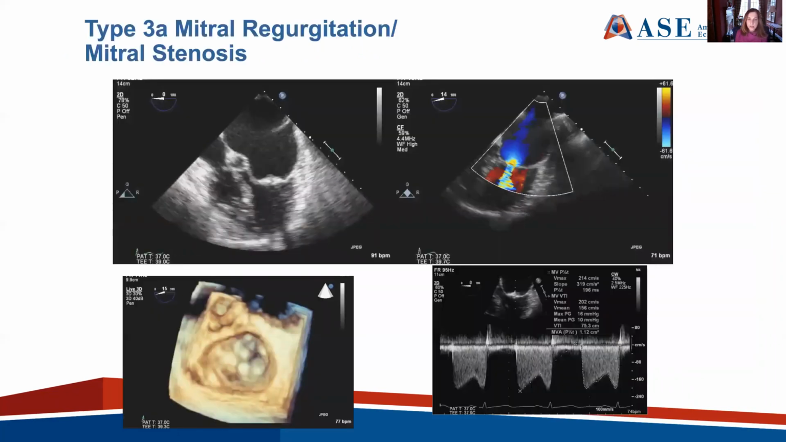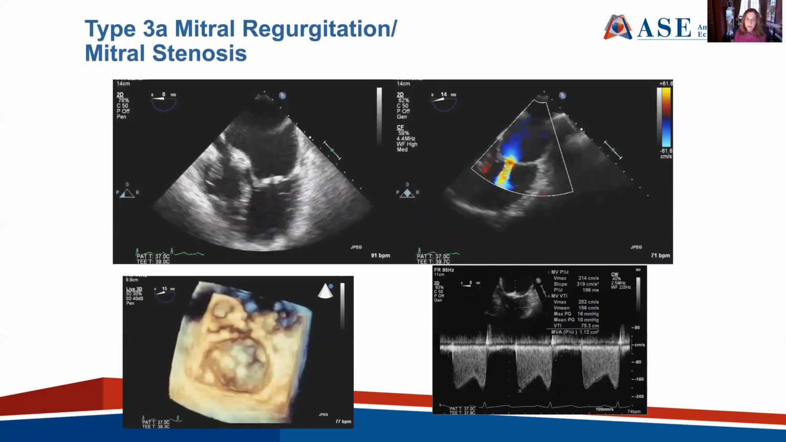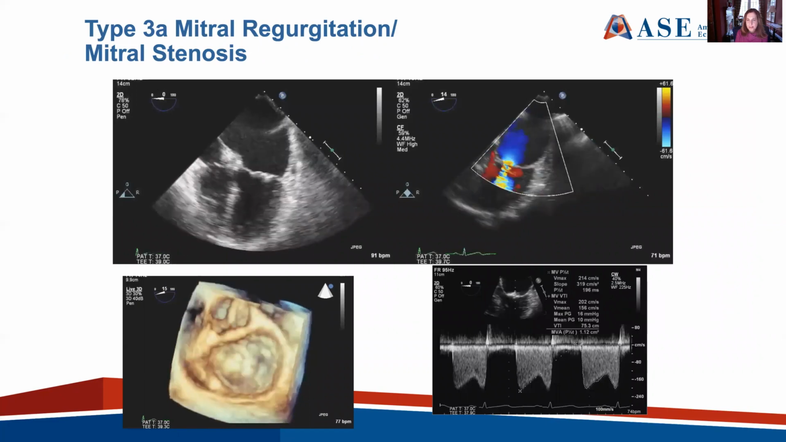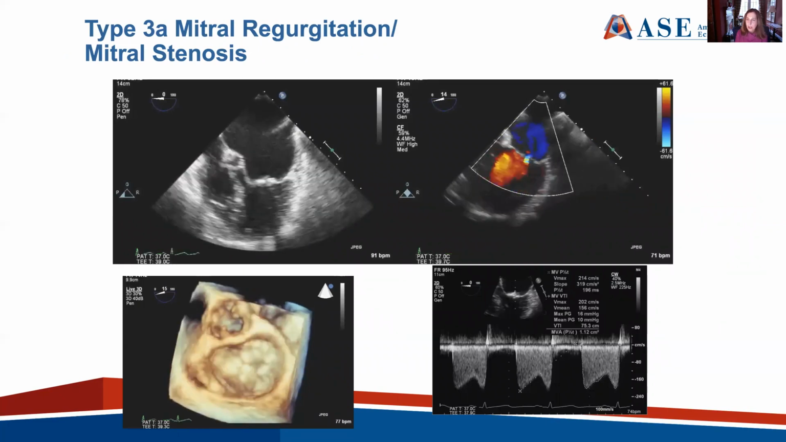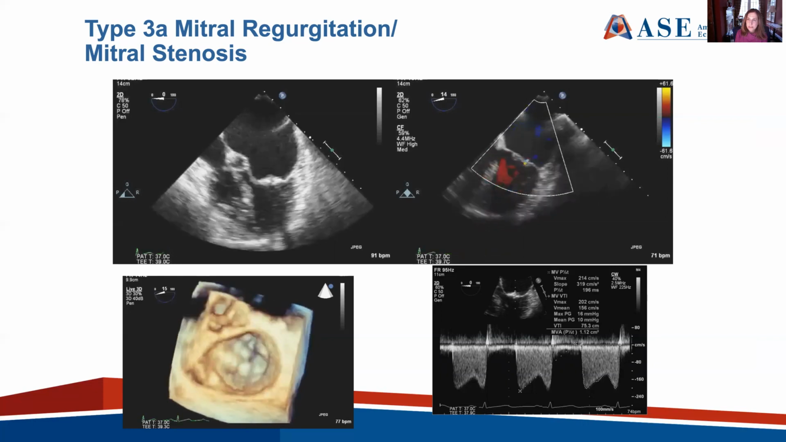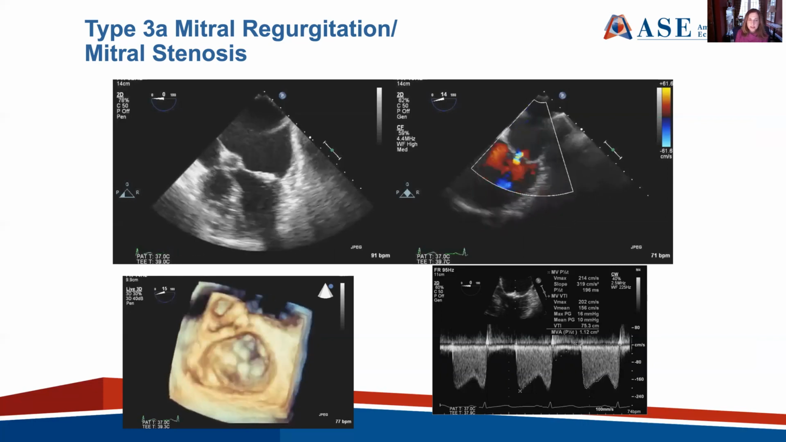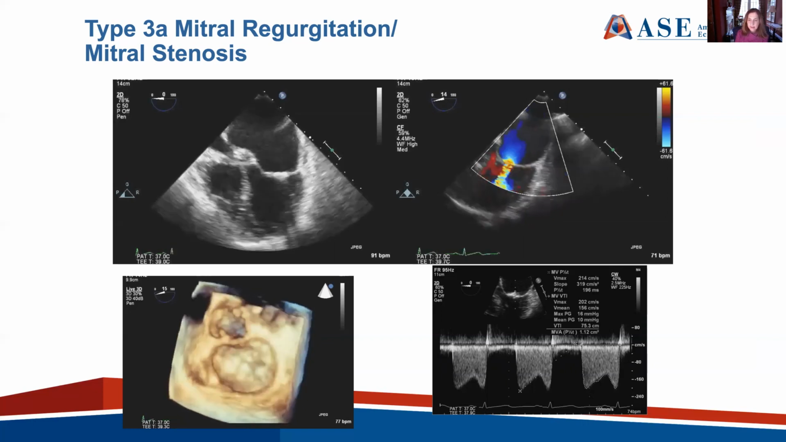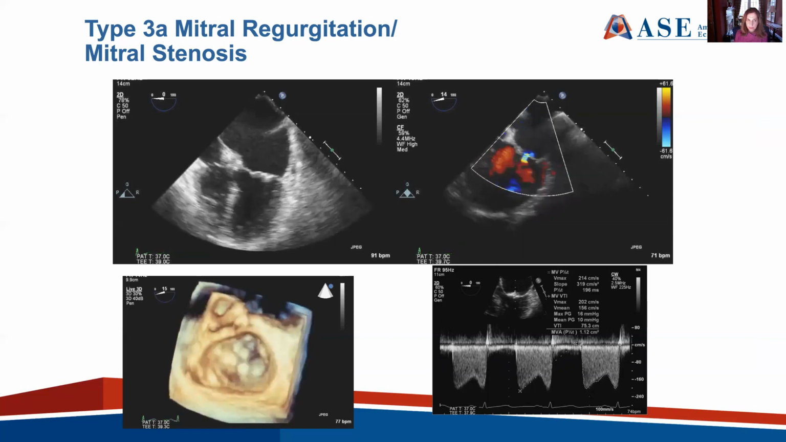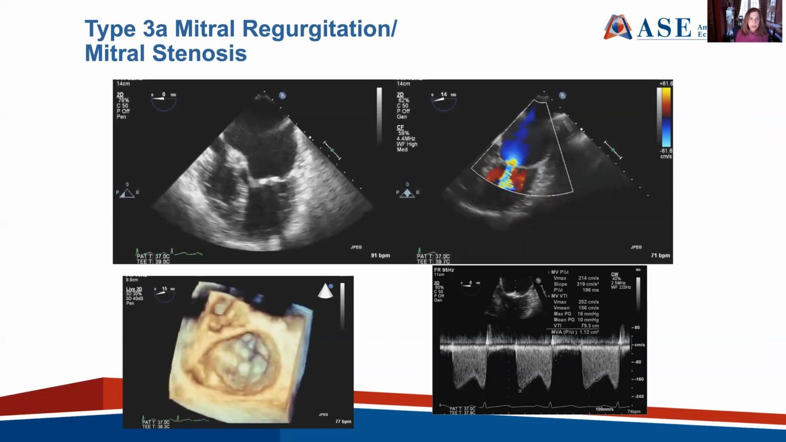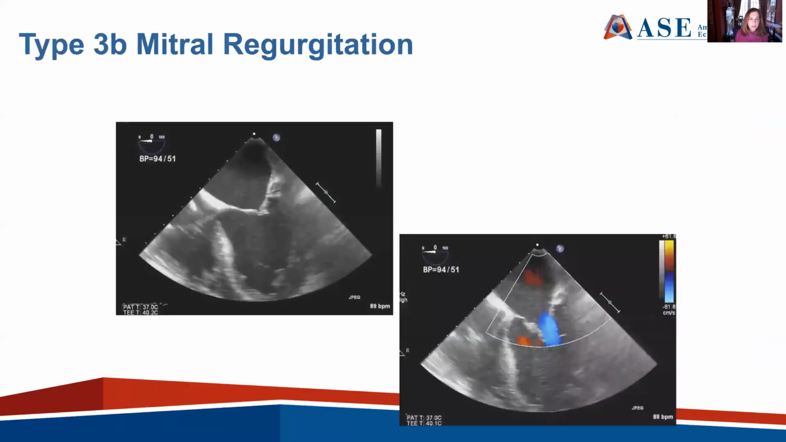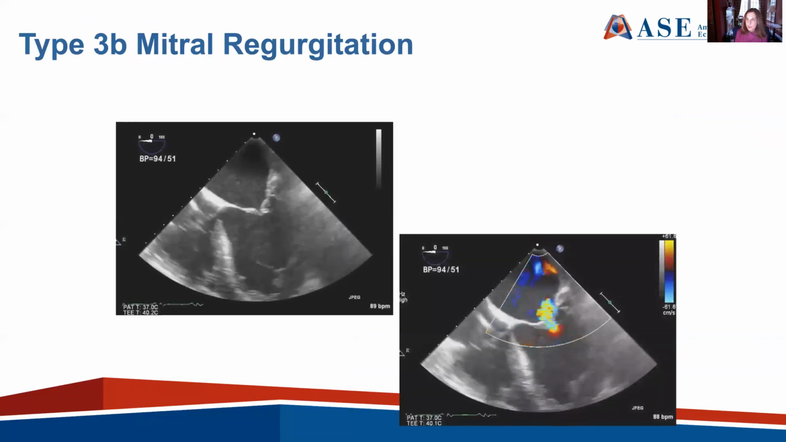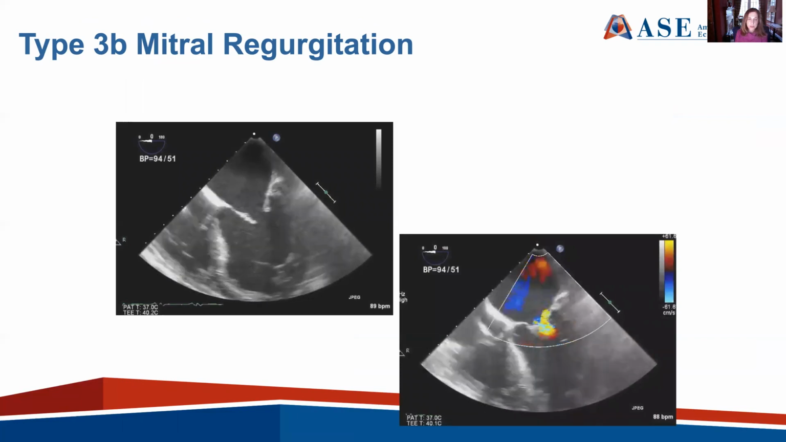Now, this is a type 3B lesion, and this is an example of a patient that has rheumatic disease. The stenosis in this case is predominant over the regurgitation, but for example purposes, this is a leaflet that's restricted in systole and diastole, causing mitral regurgitation, and this is of a rheumatic etiology, and this is a type 3A lesion. And then a type 3B is restriction in systole, and this is your typical functional or secondary mitral